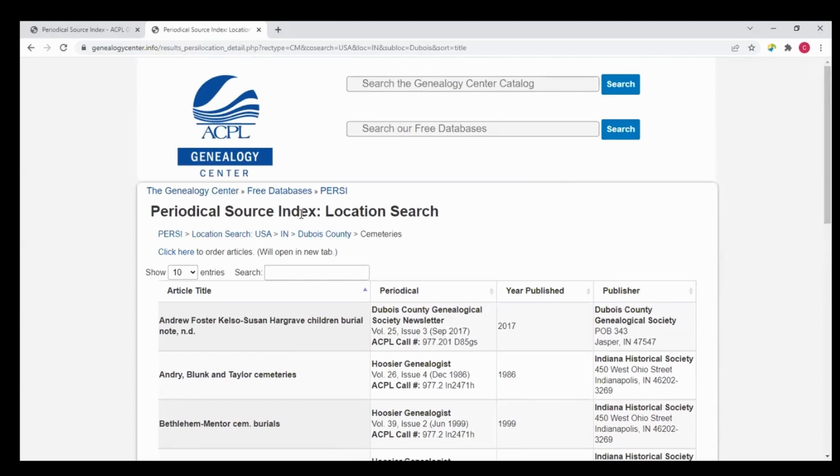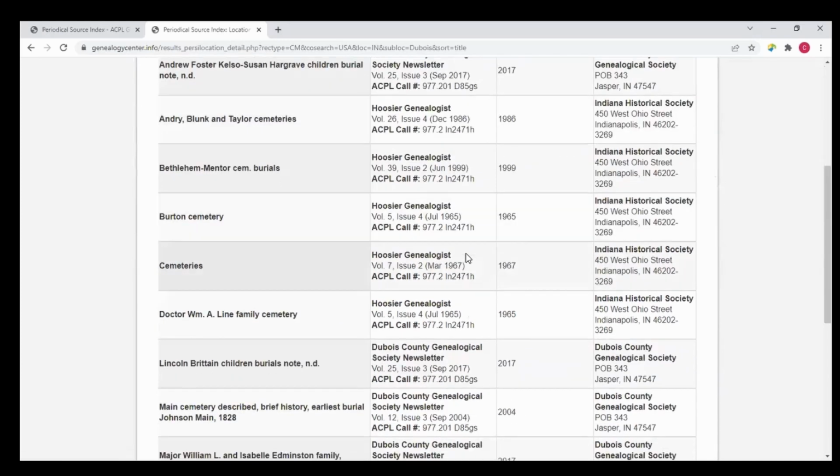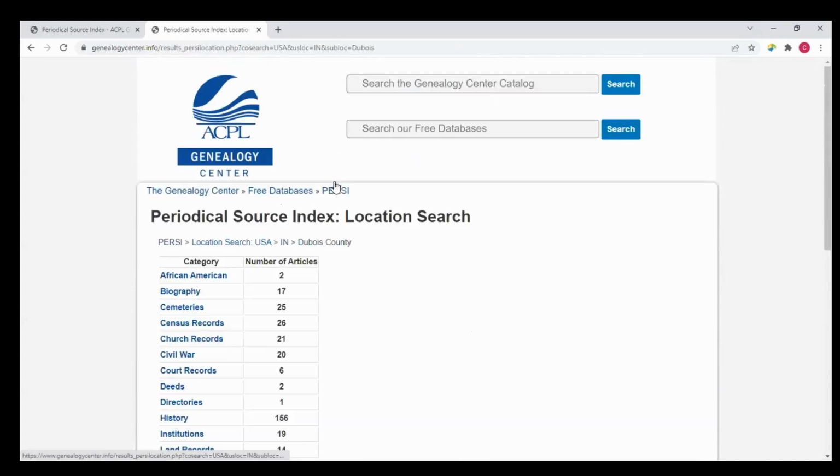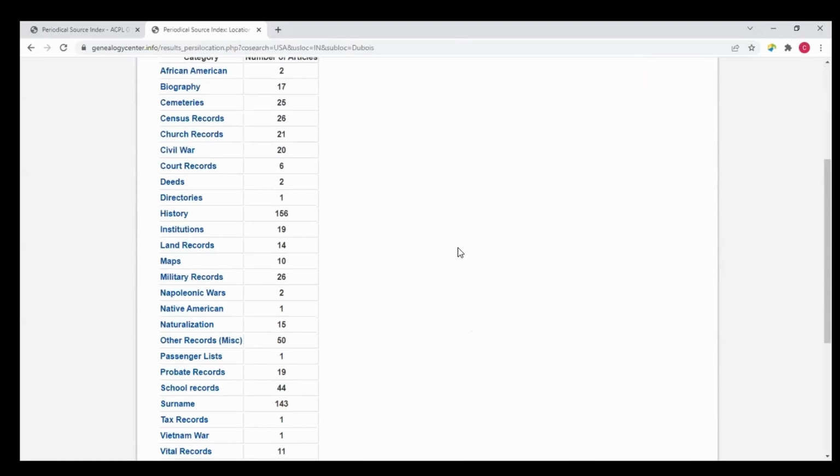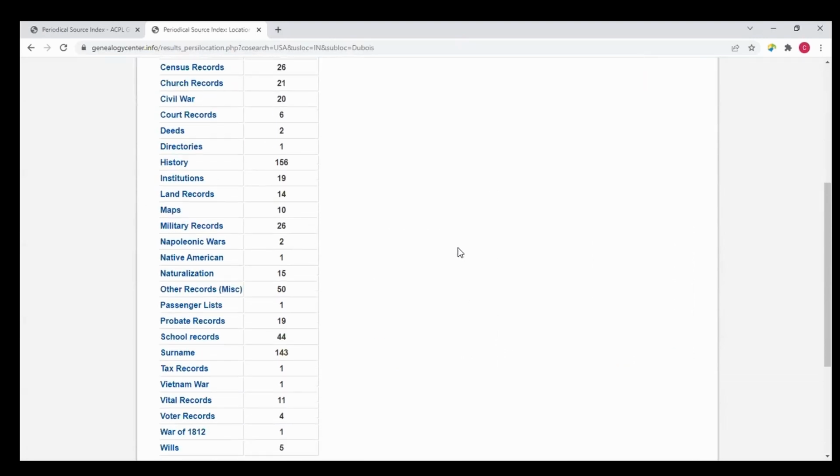Underneath the title, we try to always have what we call breadcrumbs. Like, here's where you are, and you head back through these breadcrumbs to take you right back to our original search screen. So we're in the cemeteries, and there's cemeteries for Du Bois County in Indiana, and we're doing a location search for the United States. If we thought, oh, this isn't what I want, and we want to go back to Du Bois County, we just click on that, boom, we're right back to our original list.